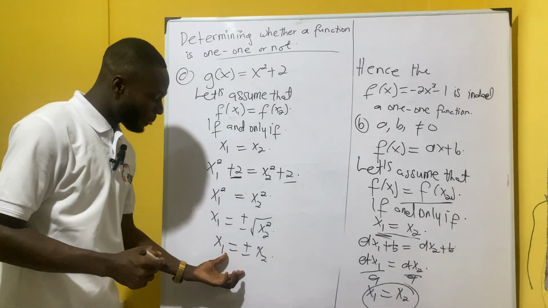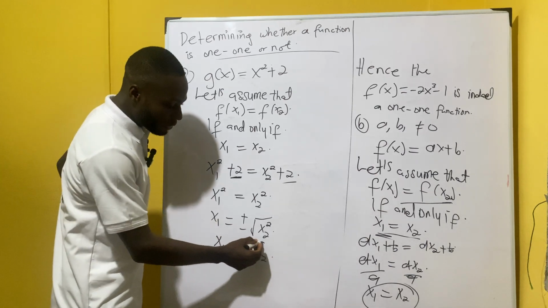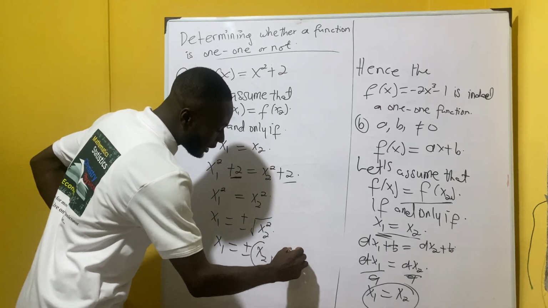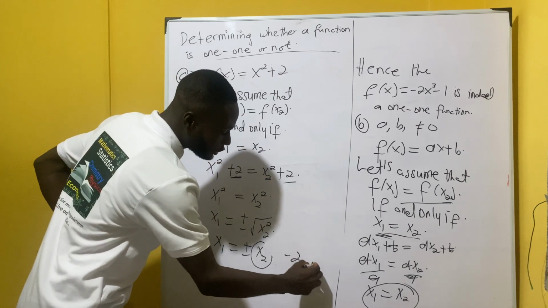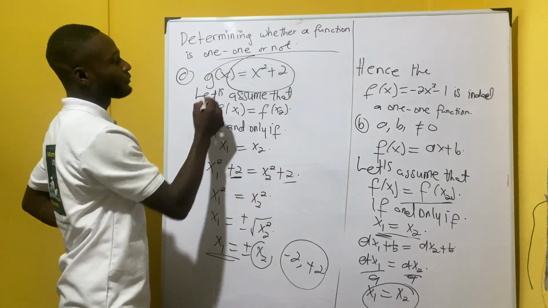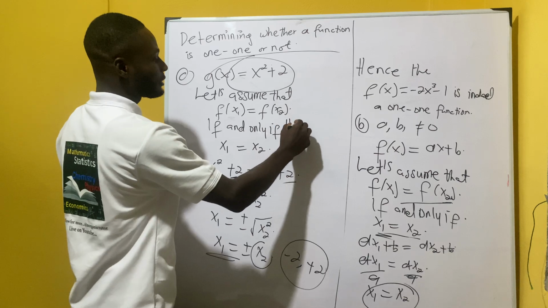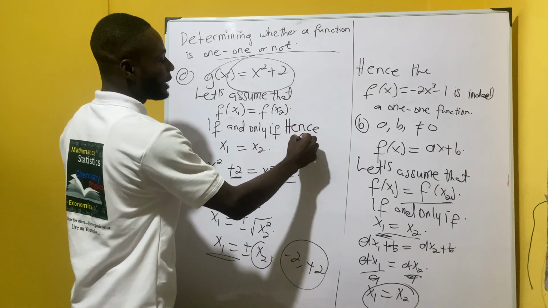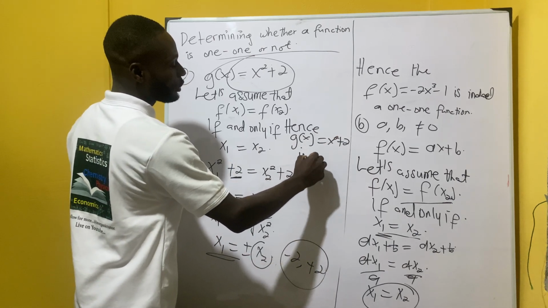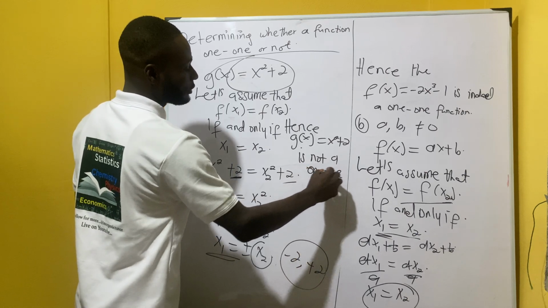So here we cannot conclude that the function is a one-to-one because this value can alternate at any point in time. This value can be minus 2 or plus 2, right? So this function here is not a one-to-one function. Hence g of x equals x squared plus 2 is not a one-to-one function,